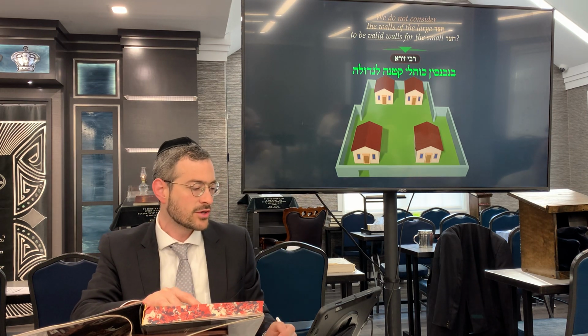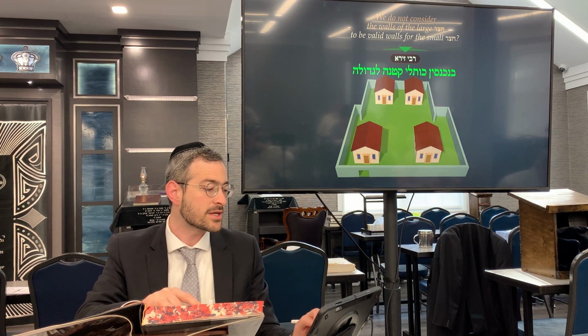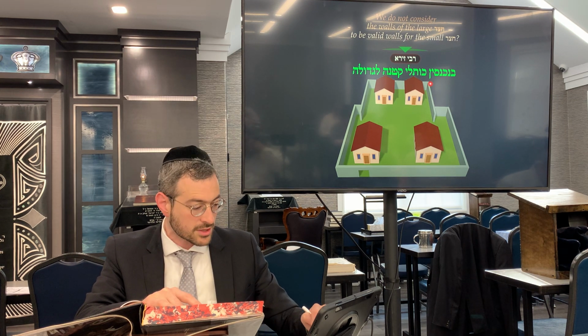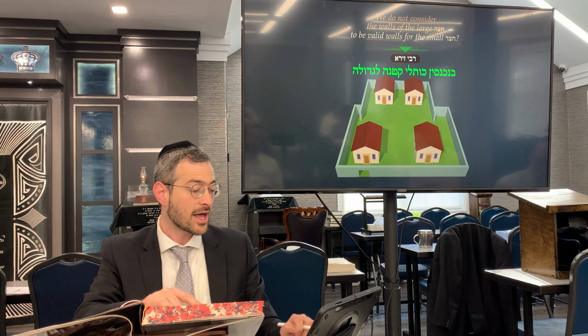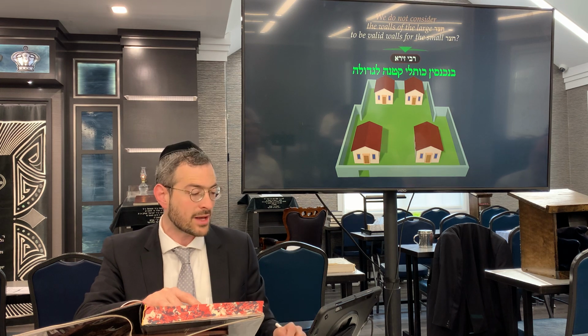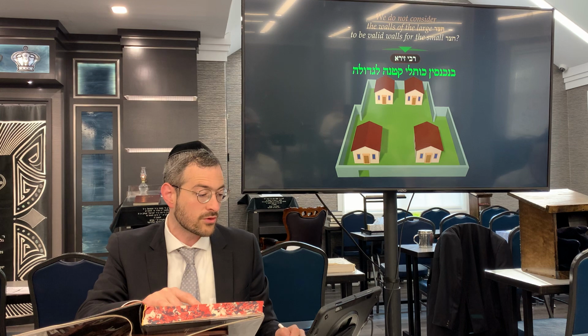So that should be valid. So Reb Zeir said, and there was actually a three-pronged answer that the Gemara gave. We're talking about that the walls of the small one go into the large one. Not only that, we said that actually they're not centered. And in addition, we're going like Rebbe that requires two pasim. So therefore, it's not going to be valid because you can't view them as part of the walls of,